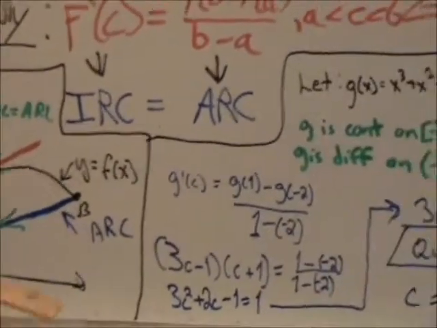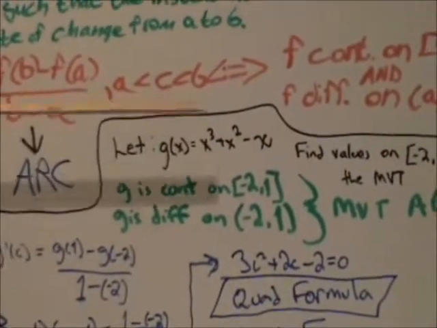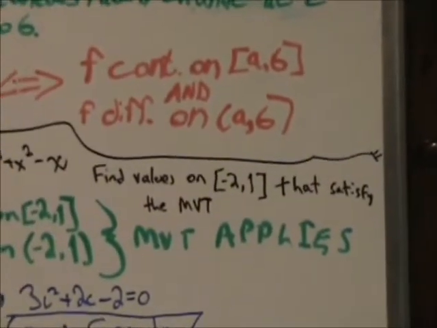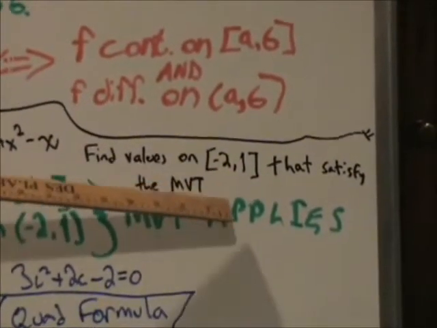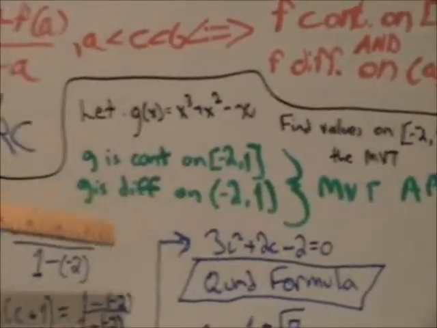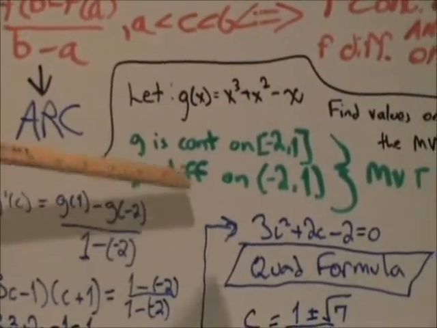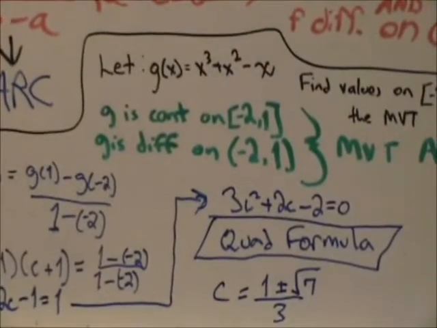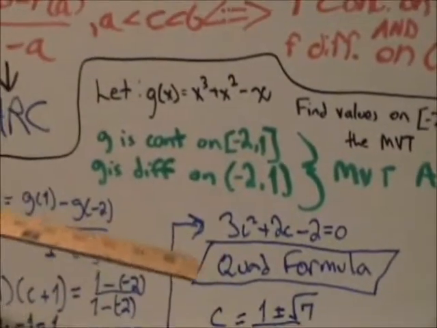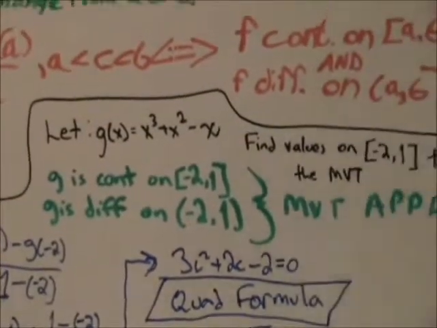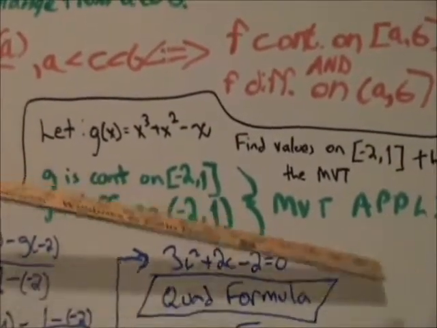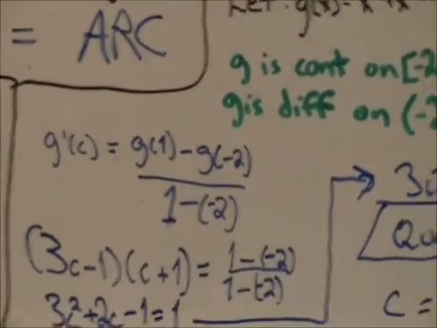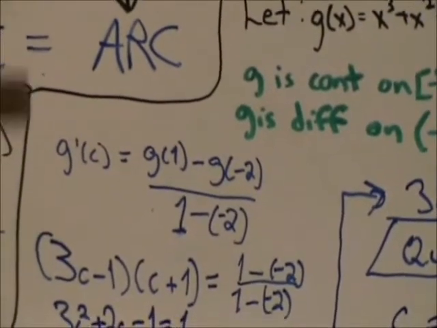Okay, so our second example, we have let g of x equal x cubed plus x squared minus x. And it wants us to find the values on the closed interval [-2, 1] that satisfy the mean value theorem. So we know that g is continuous on the closed interval [-2, 1], and g is differentiable on the open interval because it is a cubic function, and we know the general shape of a cubic function. So the mean value theorem definitely applies,